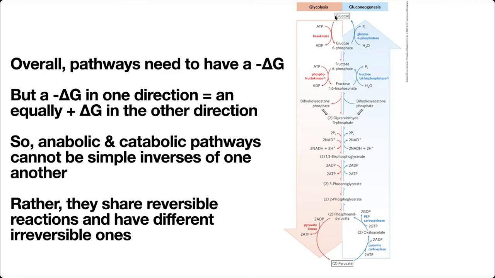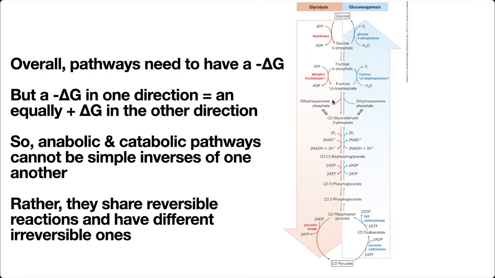So take the first step of glycolysis, when we're phosphorylating the glucose to give us glucose 6-phosphate. This has the effect of trapping the glucose in the cell, and so we're committing the cell to keeping that glucose for itself. We've got this phosphate group. It can't go out through the glucose transporters. It can't just diffuse out, and so we've committed the cell to keeping this glucose. We haven't yet committed it to a certain fate.